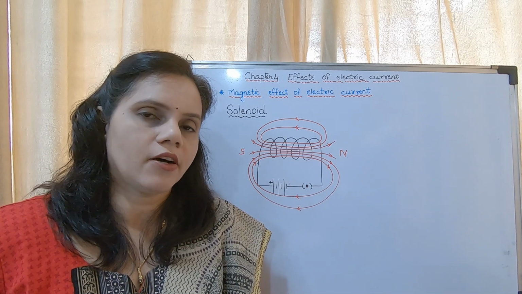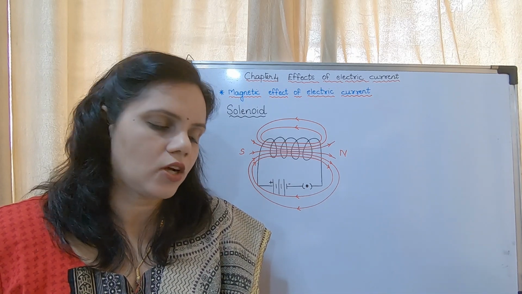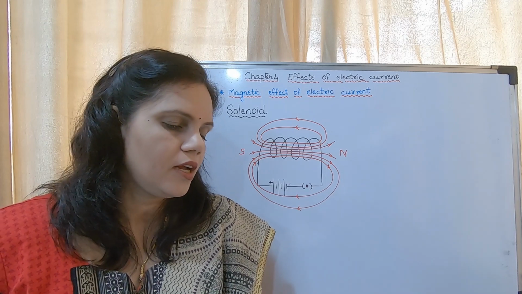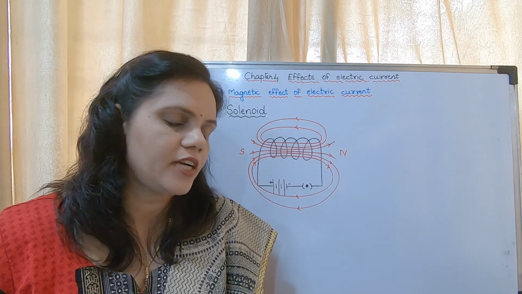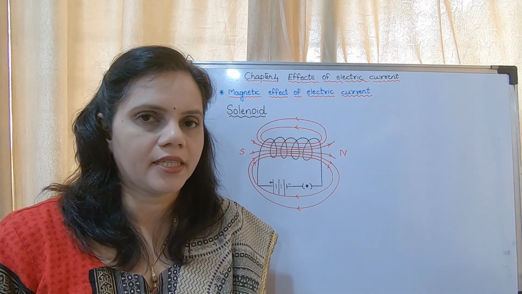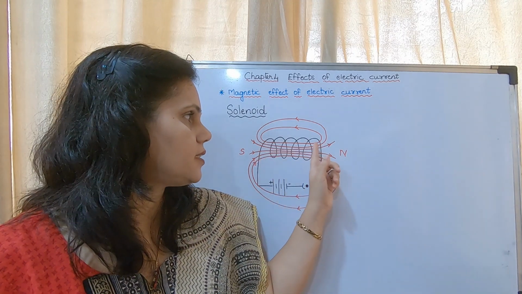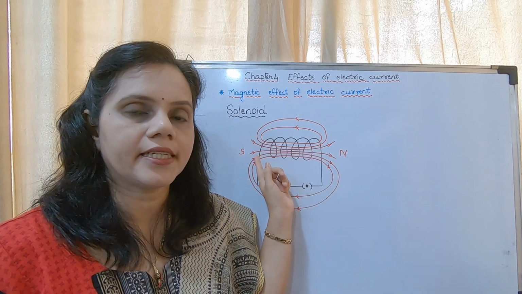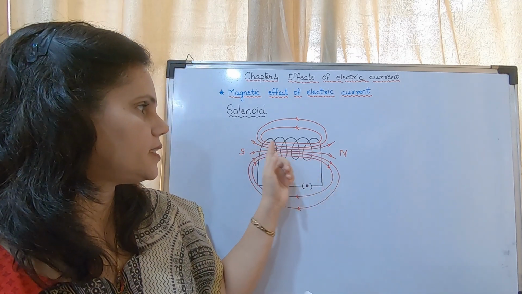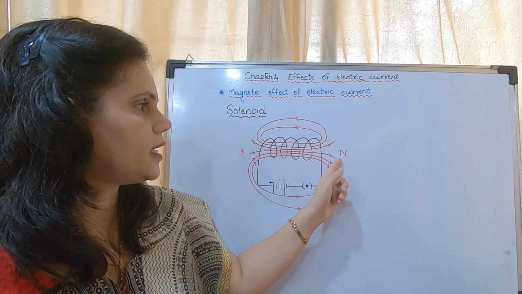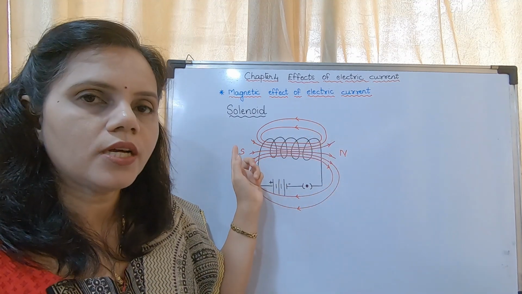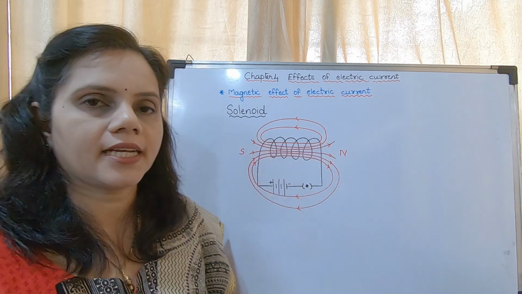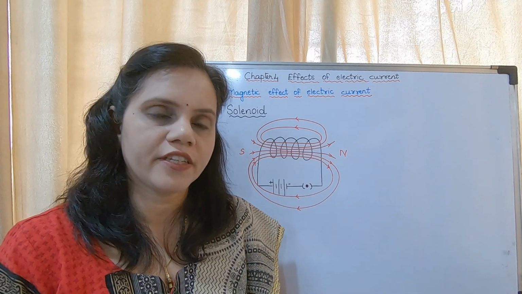Now the third paragraph under that: what are the properties of magnetic field of a solenoid? The properties of magnetic field of a solenoid are very similar to the magnetic field produced by a bar magnet. That means this solenoid is acting as a bar magnet. You may see these are the magnetic lines of force, and it is directed from north to south. So this much is able to act as a bar magnet. That is the first property.